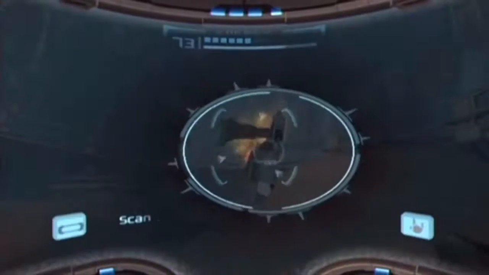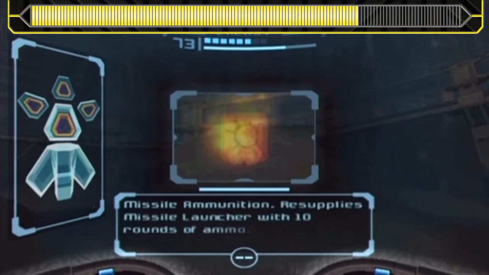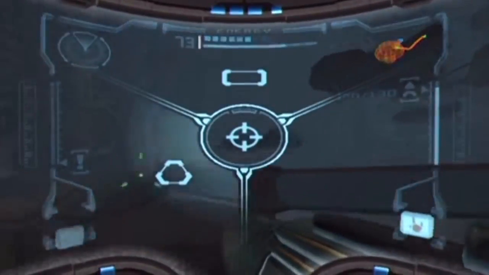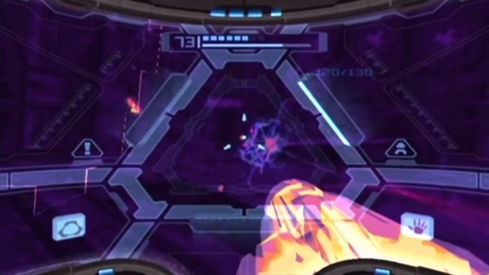Ha ha ha! Been waiting for this for like 6 episodes. This is a 10 ammunition missile ammo thing that I've been going on about for a really long time. But yes, there's 3 conduits in this room, so I'll just light those while discussing, because yeah, it would be uncommon in the GameCube version